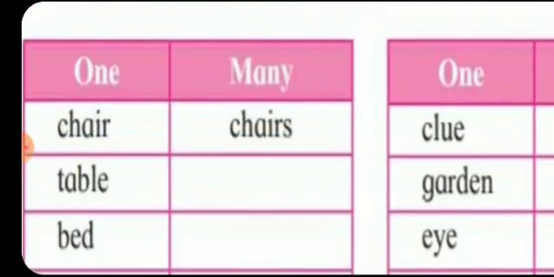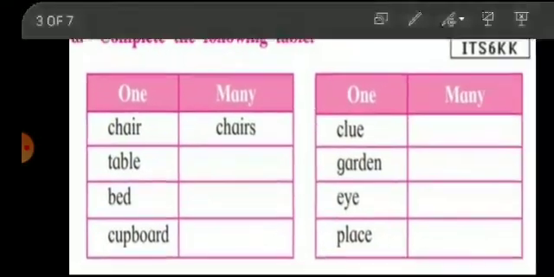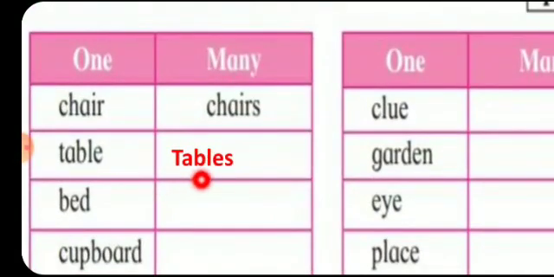So we will see one example is given. There is one chair, CHAIR, chair. Now there are many. So for many we will say chairs, CHAIR, and then we put the S. Now see the next example. One table, TABLE, table. But there are more than one table. So for that we will say tables, TABLES, tables, many tables.